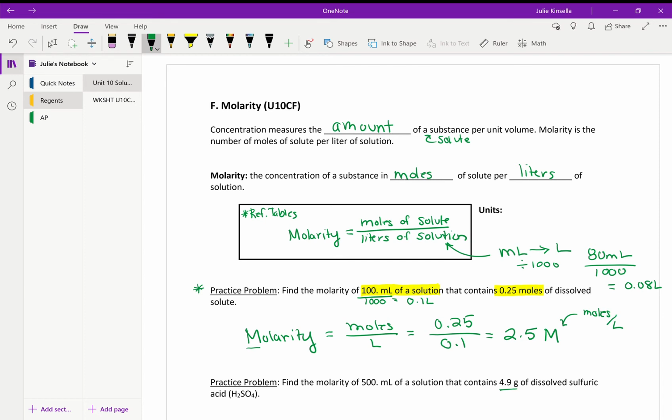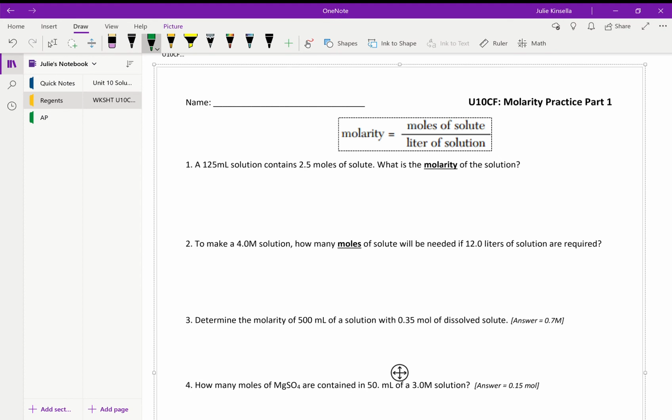All right, if we jump over to the other worksheet, and this is attached to Classroom, I'm going to go through the first two, and then if you need more practice, you have the ones below. So this first one, same type of thing as the one we just did. We're looking for molarity. So we're given 125 milliliters of our solution. And then we also have 2.5 moles of our solute. So for this one, I'm going to use capital M to signify molarity. I'm going to have my 2.5 moles. And then I'm going to need to put liters in the denominator. So I'm going to have to divide that 125 by 1,000. And then I will get